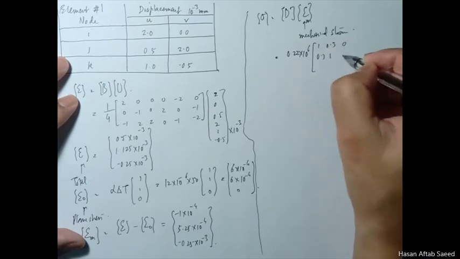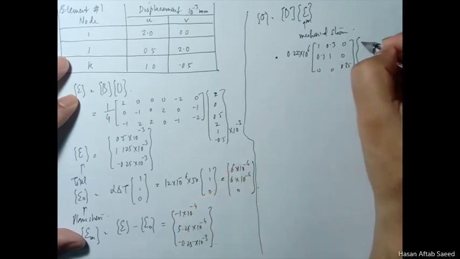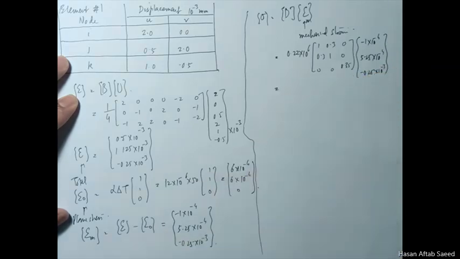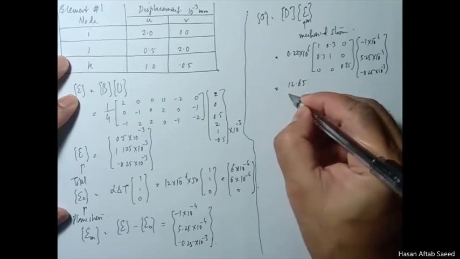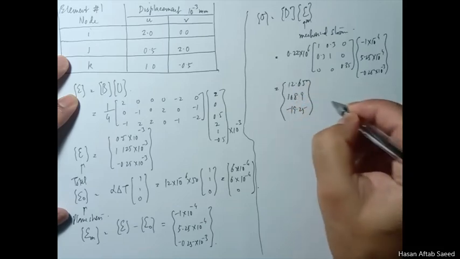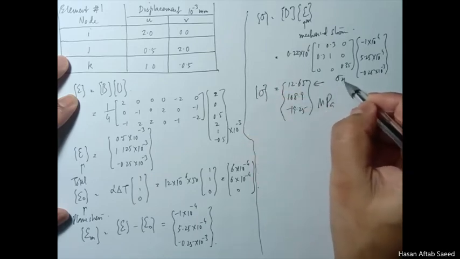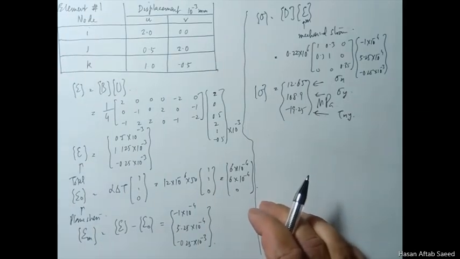1.3, 0.31, 0, 0, 0, 0.35, and here the values should be -1 into 10 raised to the power -4, 5.25 into 10 raised to the power -4, -0.25 into 10 raised to the power -3, and the values come out to be 12.65, 10. Again, please verify these values, don't take my word for it. This is the stress vector. Obviously this is sigma x, sigma y, tau xy. Now it's a plane stress case,